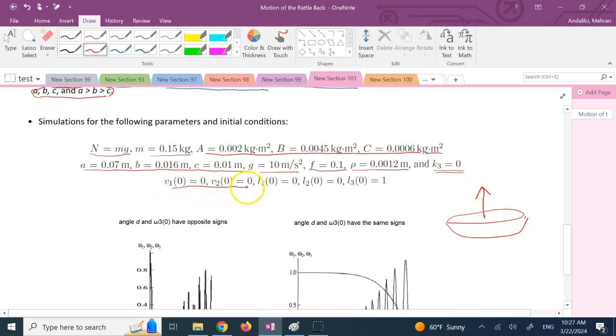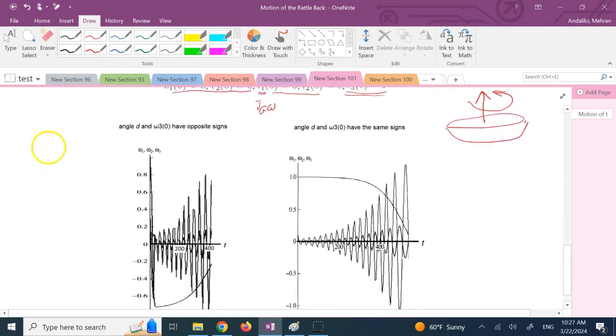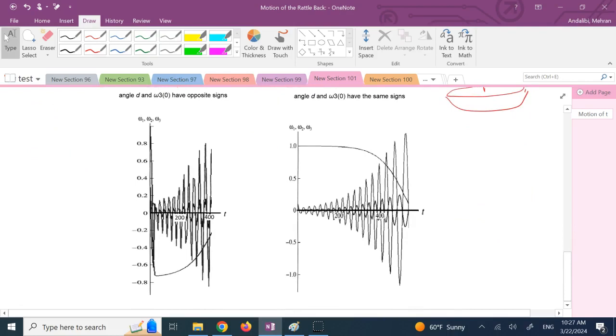Velocities of the centroid are considered 1 and 2, 0, and the L here is basically JG times omega, the angular momentum. For the 1 and 2 direction are 0, for 3 direction is 1. So the only thing we have in the beginning is spin about a perfectly vertical direction. And if you look here, there are these 2 separate simulations. In case 1, the angle D and the component omega 3 of 0, they have opposite signs. So the Rattleback likes, let's say, to go, in this case,